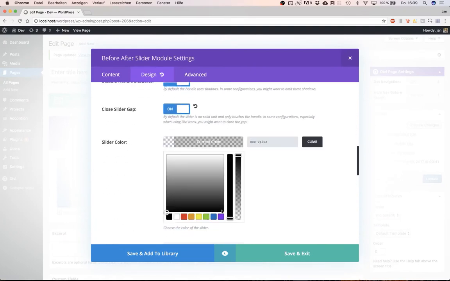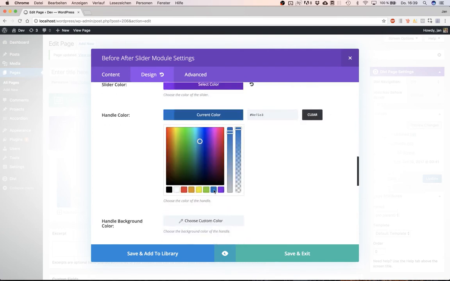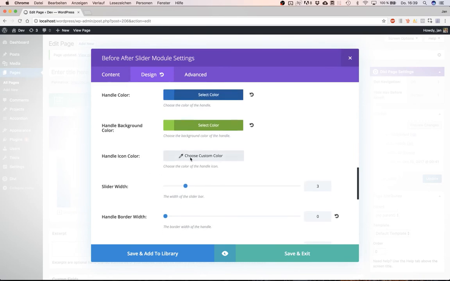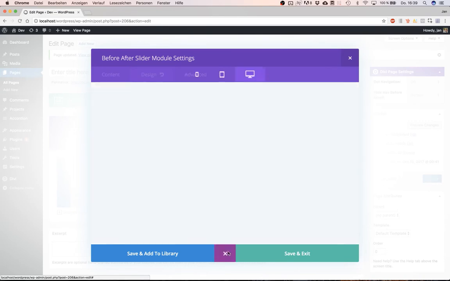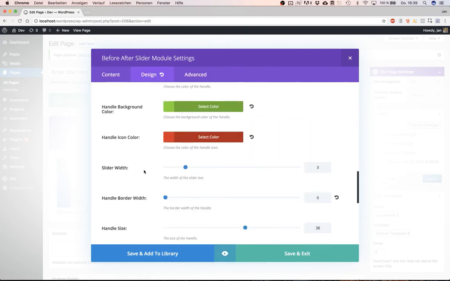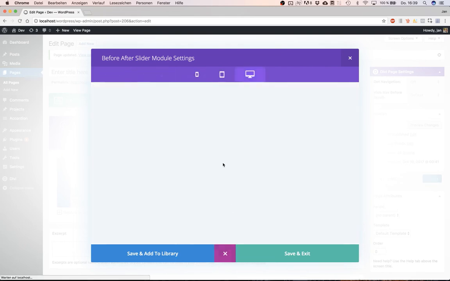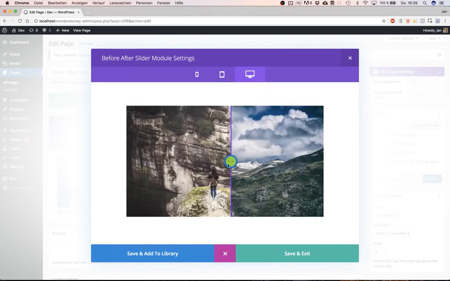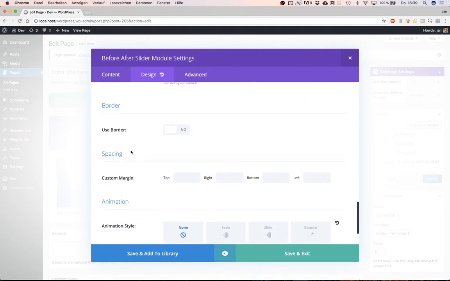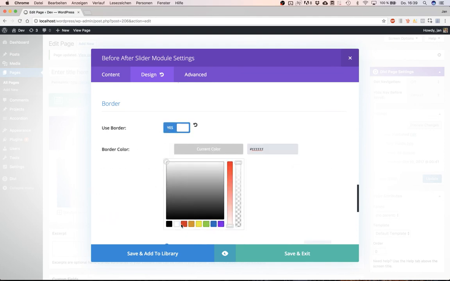Of course, you can choose the slider color, the handle color, the handle background color, and the icon color. Let's make the border a little bit thicker. There you go. And last but not least, you have all the familiar Divi module settings like border settings,